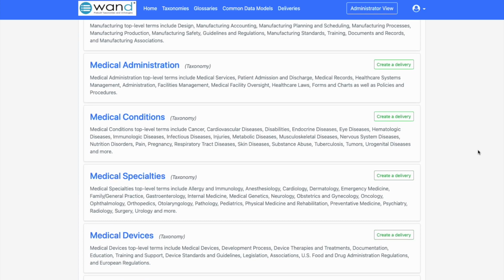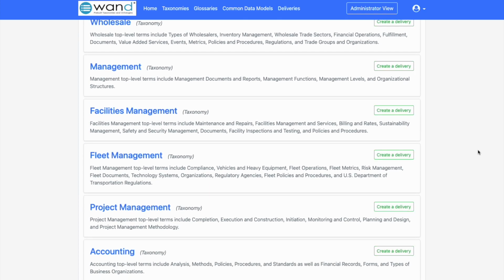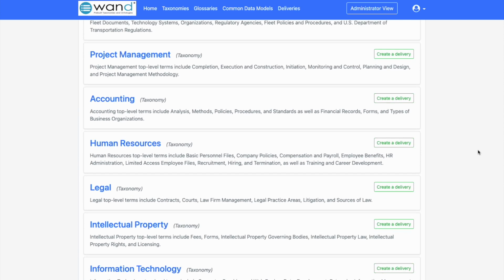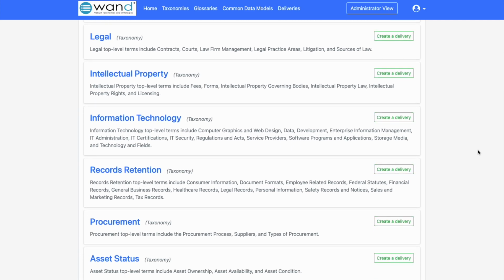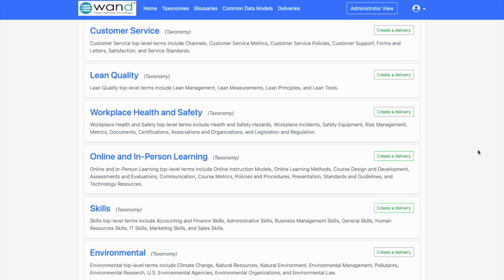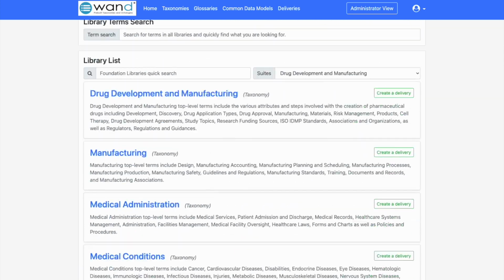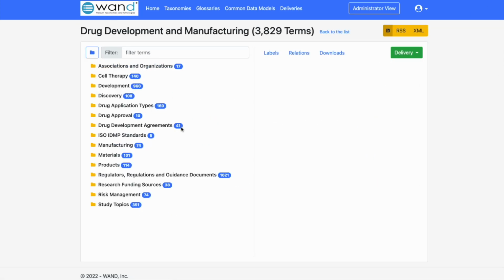drug development, medical administration, management, accounting, sales and marketing, and more. And what we can do is click into any one of these taxonomy titles and explore the various taxonomies by